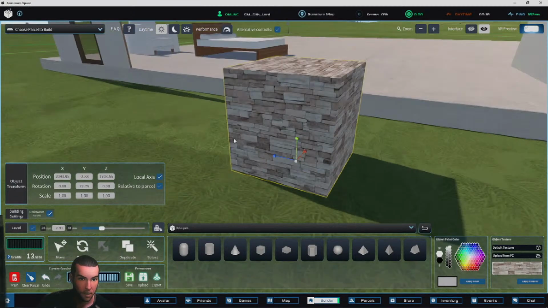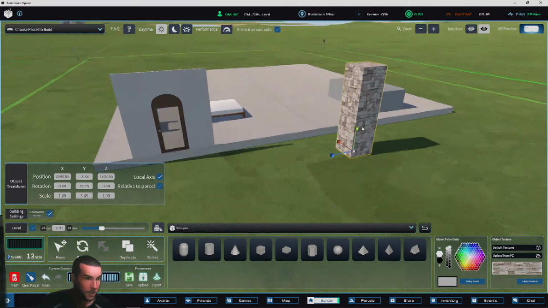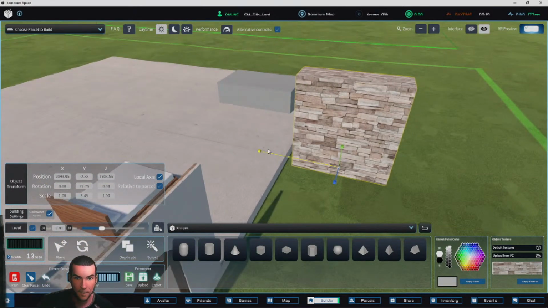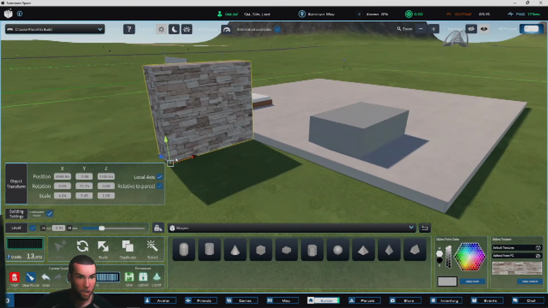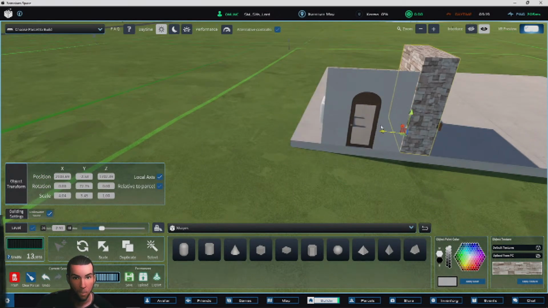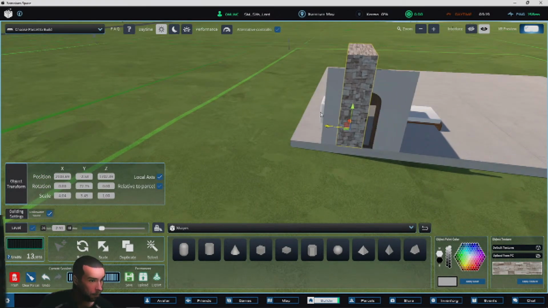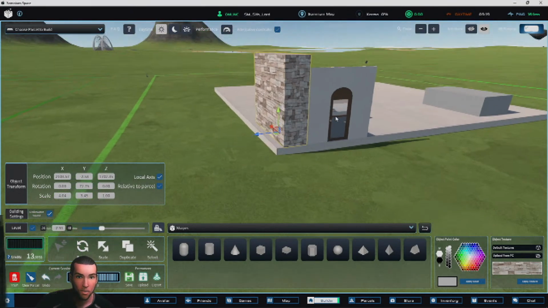And this goes up like that. And this is a 2-story house that I'm building, and this is a support wall that goes all the way up, all the way up. Hey, that's a song. So